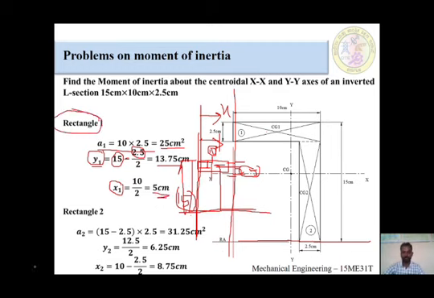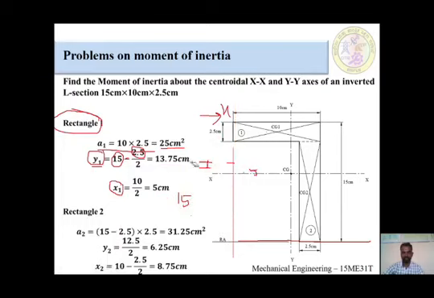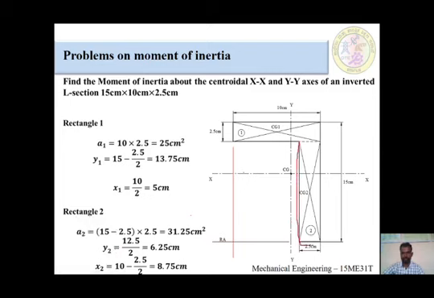Okay, after that, I am erasing these things for better understanding. I am removing these all. After that, I am taking this component outside, like this only. This is the component, right? This distance is how much? This total distance is 15. This distance is 2.5. 15 minus 2.5 is equal to 12.5. Okay, up to here we are having 12.5.